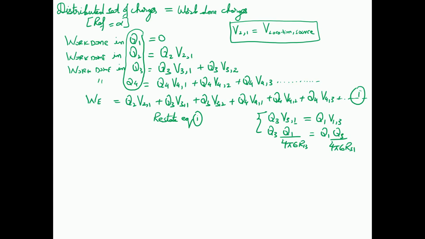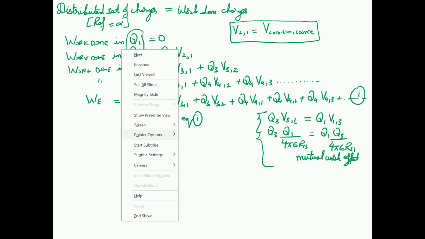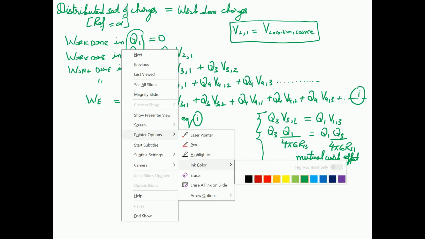So this kind of relationship is basically called mutual work effect or mutual energy effect, that if we have two charges, as per Coulomb's law, they are going to experience the same attraction or repulsion if we take it with a reference charge, or if the relationship between the two is considered, they will experience the same attraction and repulsion among each other. So this means that equation 1 can be restated as, let me change the color for this, I can write equation 1 as